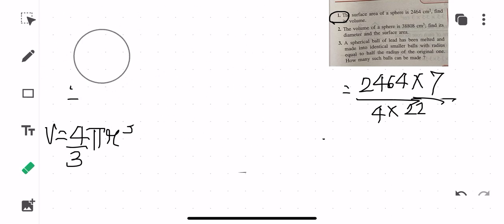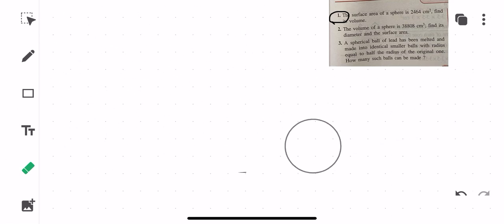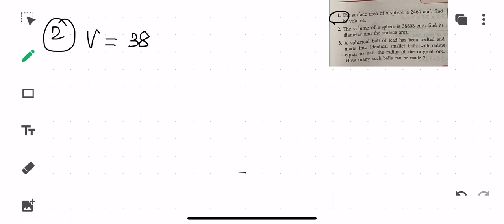Okay, now we will be moving to question number 2. So what is question number 2, children? Question number 2 says the volume of a sphere is this much, find the diameter and the surface area. So this question is also very similar, children, because it is all about calculations. So the volume has been given as 38808 centimeter cube. So what is the formula of volume, children? 4 upon 3 pi r cube is equal to